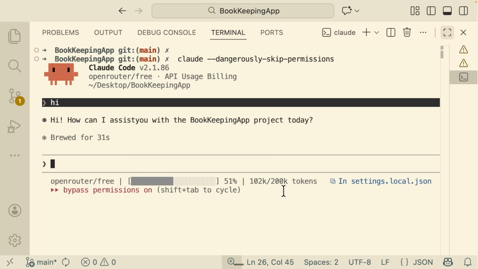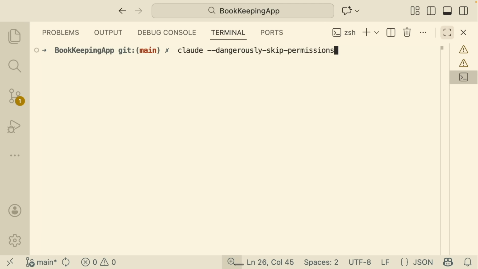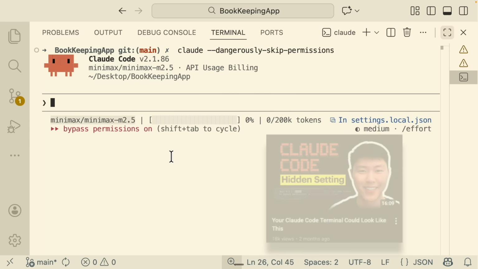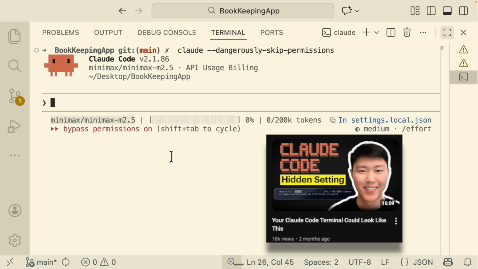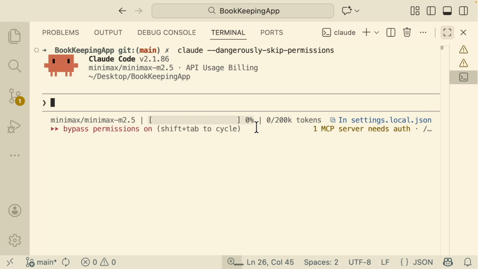So now if I restart my Claude Code session here, clear my terminal and start my Claude Code session again, you can see that now it's pointing to MiniMax M2.5. And if you're curious about where you can get the status bar, make sure to check out this video right here where I talk about how you can get the status bar showing which model you're using and also the context window on how much you have consumed